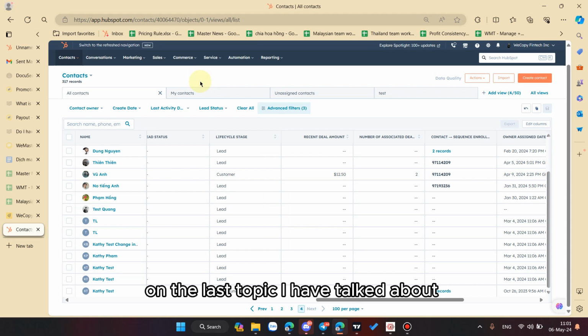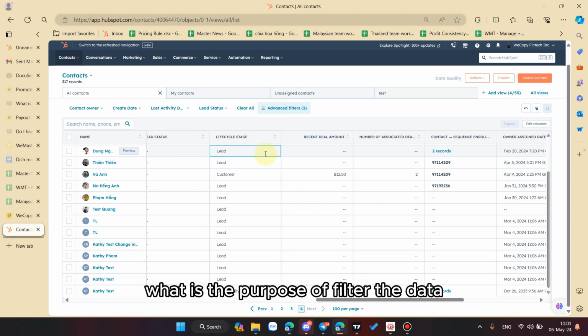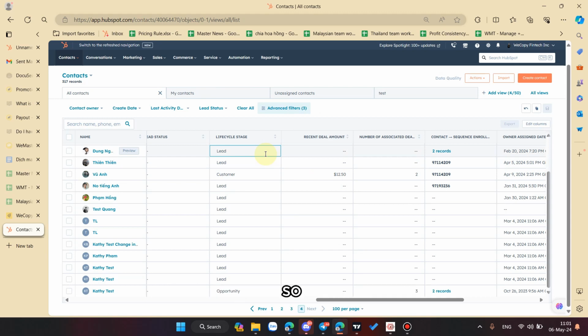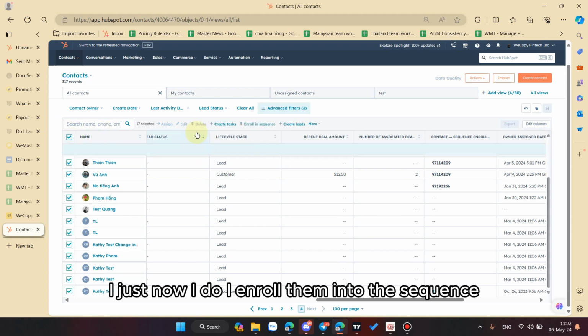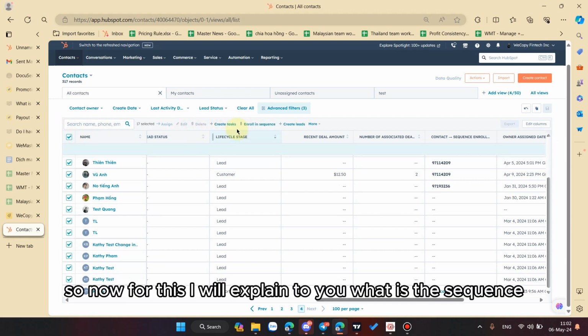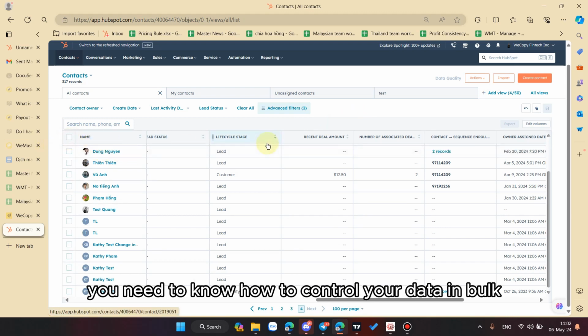On the last topic, I talked about filtering data. So what is the purpose of filtering the data? Just now I enrolled them into the sequence. So now I will explain to you what a sequence is and how to create one. But first I need to explain that you need to know how to